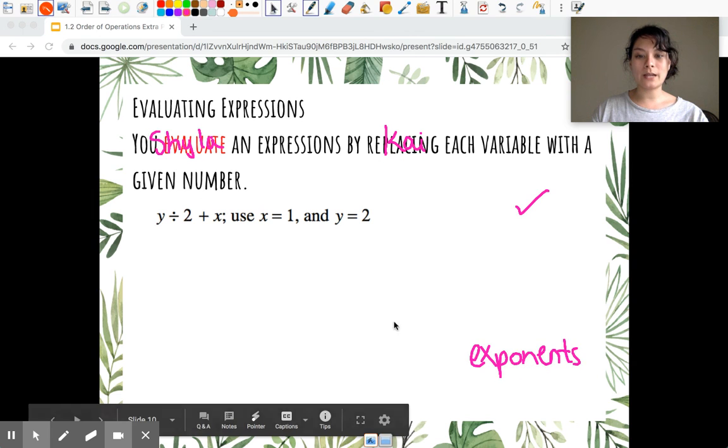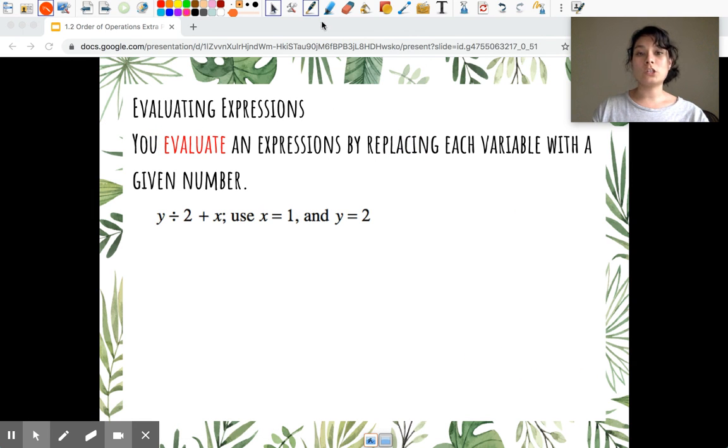Okay, so let's do some examples where we have to do what Shyla and Kai did and substitute a number for a variable. You always want to make sure to read the entire statement very carefully. So I have y divided by 2 plus x, and I'm told use x equal to 1 and y equal to 2. So what I'm going to do is where I see a variable, I'm going to open a set of parentheses and replace that letter with the number. So instead of y, I'm going to use 2. I'm going to copy the divided by 2 because that's not going to change. Okay, so I'm just bringing that part down. And then I'm going to add